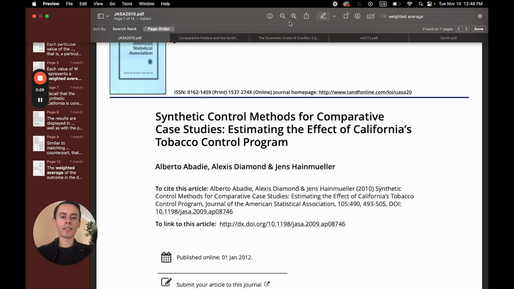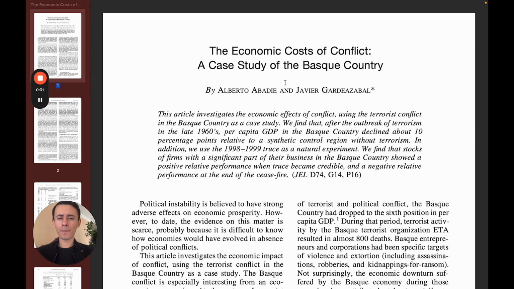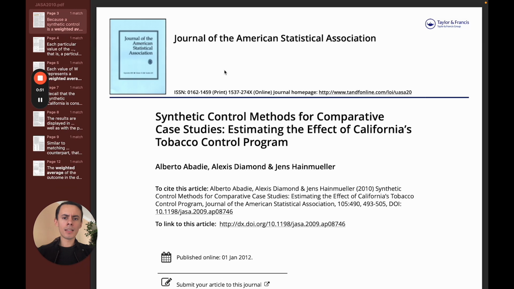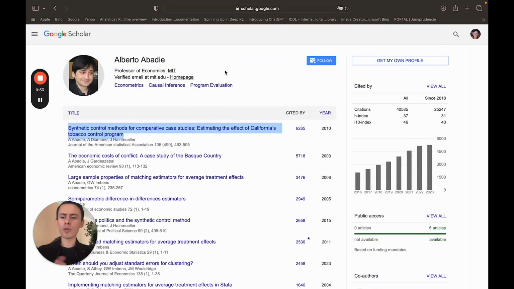Alberto Abadie introduced the synthetic control method in 2003 in this other paper, The Economic Costs of Conflict, a case study of the Basque Country, authored by Alberto Abadie and Javier Gardeazabal. But we're not going to be focusing on this paper, and it's worth noting that the most cited paper in the synthetic control literature is the one of California, the one that estimates the effect of California's tobacco